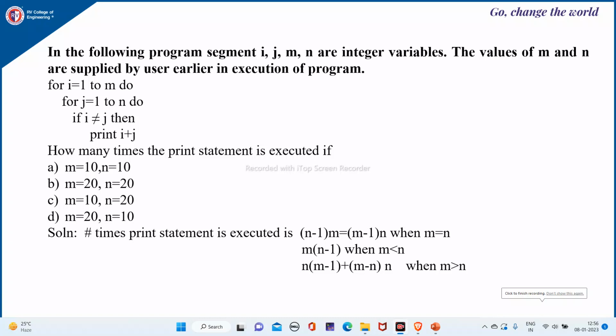Good morning. Let us see some examples in the following program segment. I, j, m and n are the integer variables. The values of m and n are supplied by the user in the execution of the program. Suppose the loop is for i equals 1 to m, for j equals 1 to n. If i is not equal to j, then print i plus j. So how many times is the print